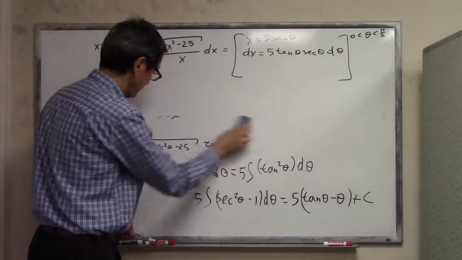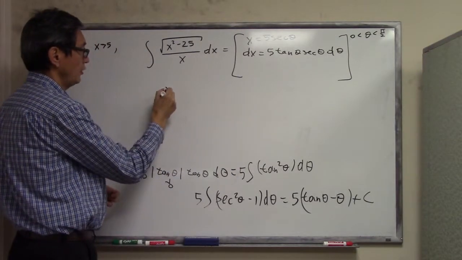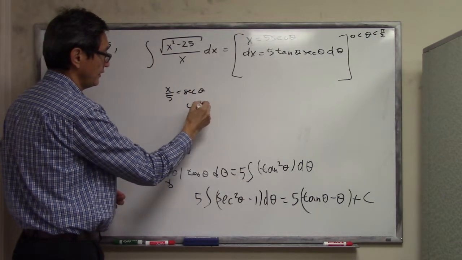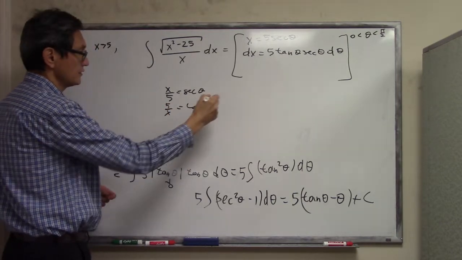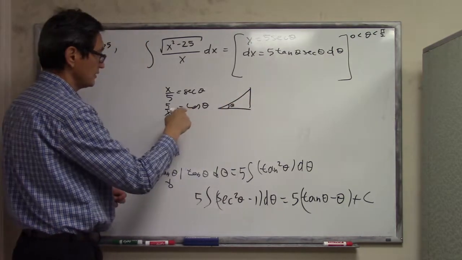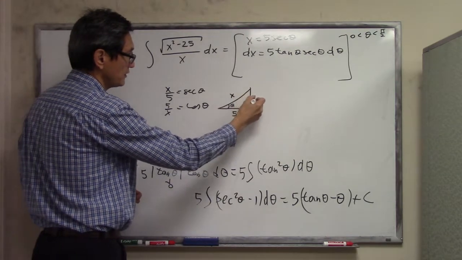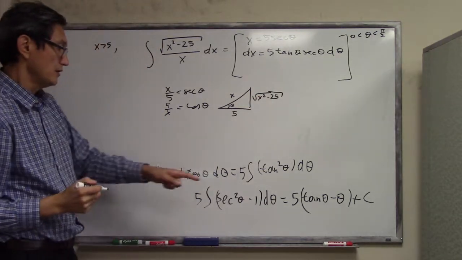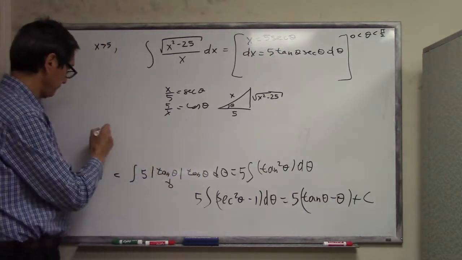So I'll erase the intermediate work. x over 5 equals secant theta, so cosine theta equals 5 over x. So I will draw a reference triangle. Cosine is adjacent over hypotenuse, so the missing side is the square root of x squared minus 25. So from here we can get as a final answer 5 times